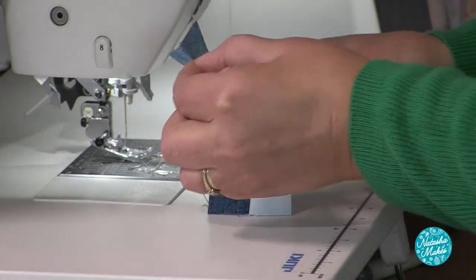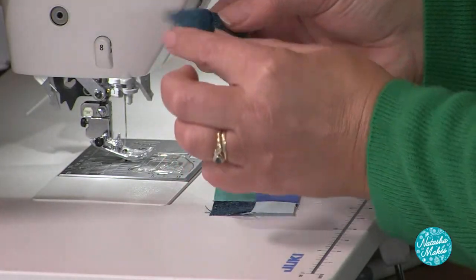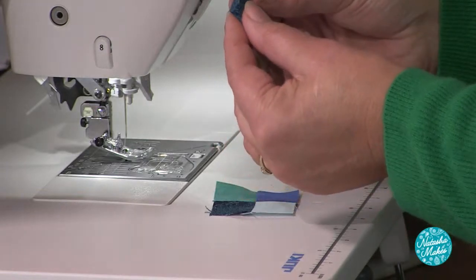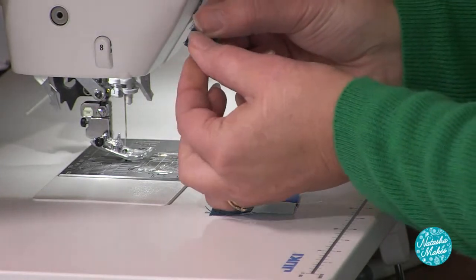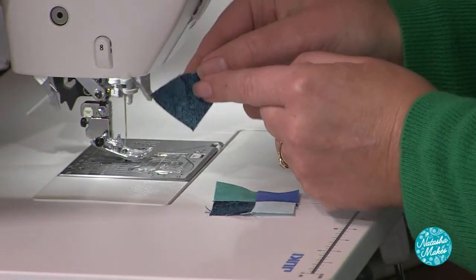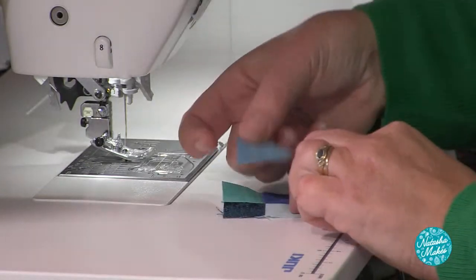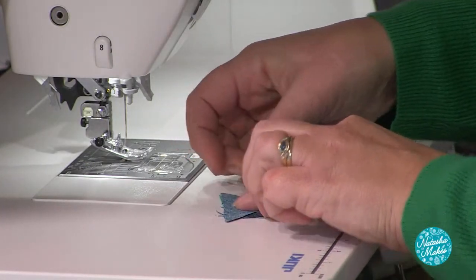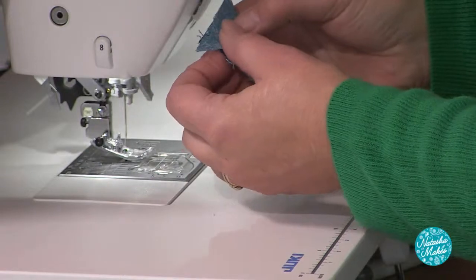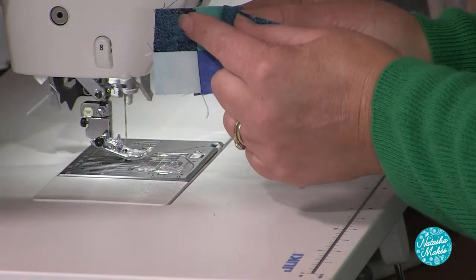So we folded the triangle in half. And actually, if you fold it wrong sides together, it does make it a little bit easier. So just finger press that so you've got a little notch. You can see that little notch there. You probably can't see it. And then when you put that right sides together, that little notch will sit on the seam between the 2 squares. So you want fabric B on your top left hand side,